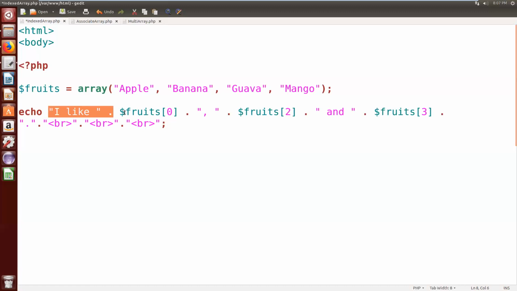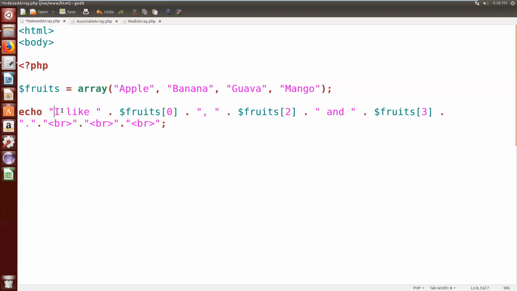Okay, so what is $fruits[0]? Whenever you create an array with these 4 elements, apple will be stored at index 0, this will be stored at index 1, this at index 2, and this at index 3. Now here $fruits[0] represents the apple.